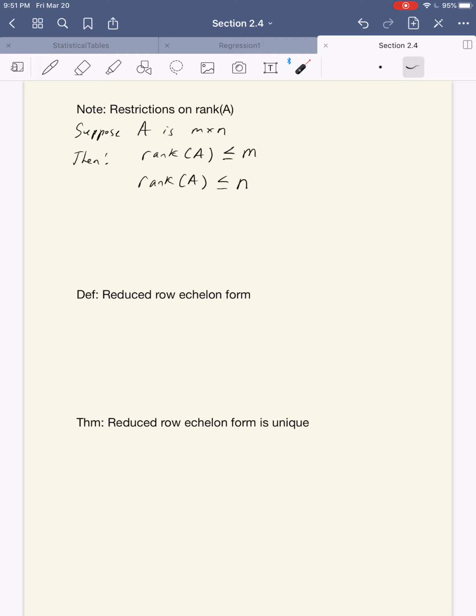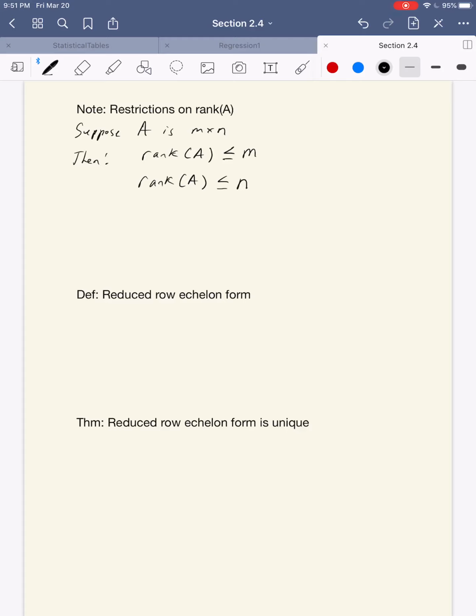So it is very important to remember here that the rank is restricted by both the number of rows and the number of columns. So you will never get a rank that exceeds the amount of rows or the amount of columns in your matrix. All right. Last definition, which we're not going to use too much, but we do want to